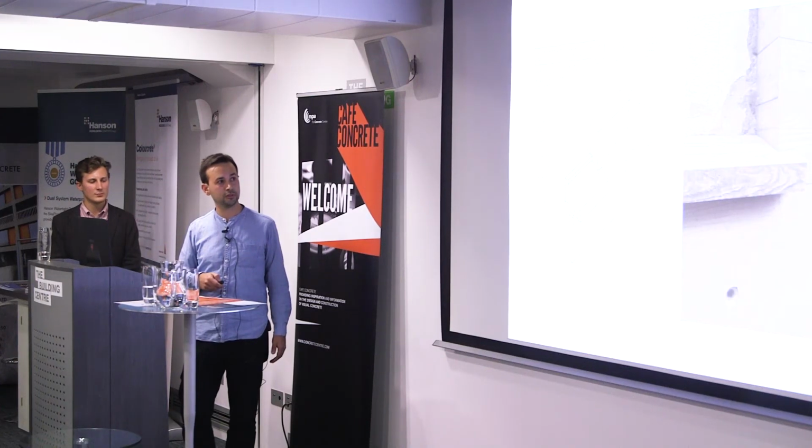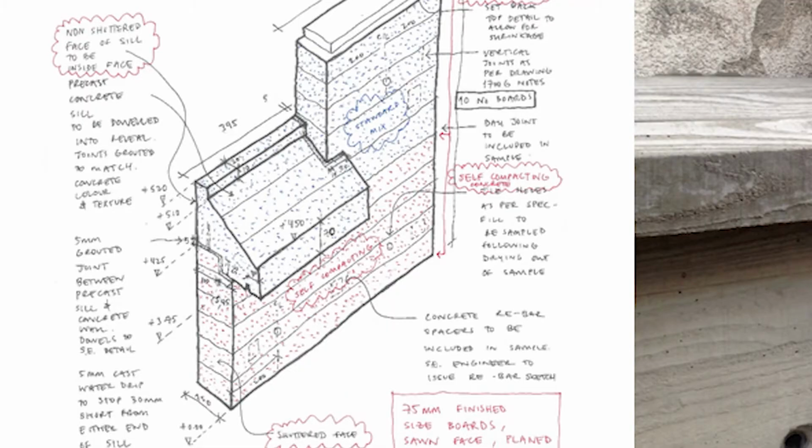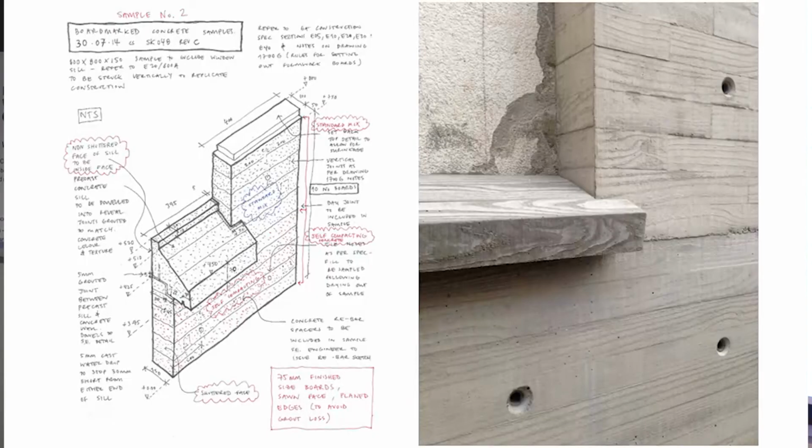This other sample we did at the point where we were considering using self-compacting, here at the bottom, in relation to the standard concrete mix, to see if we could tell the color difference, to see if it was going to be obvious. In the meantime, we also tested how to do a concrete sill, which was the only element that we had to precast and then slide into the formwork,